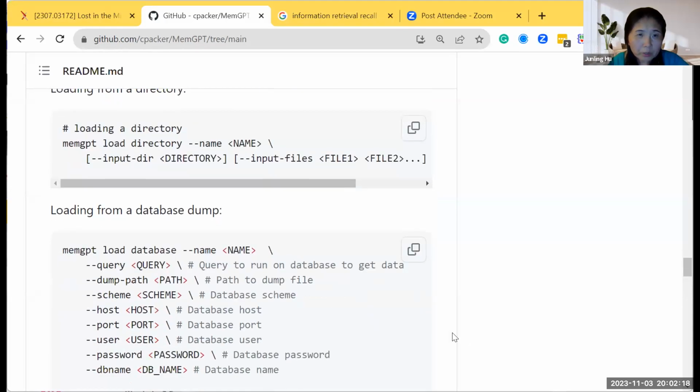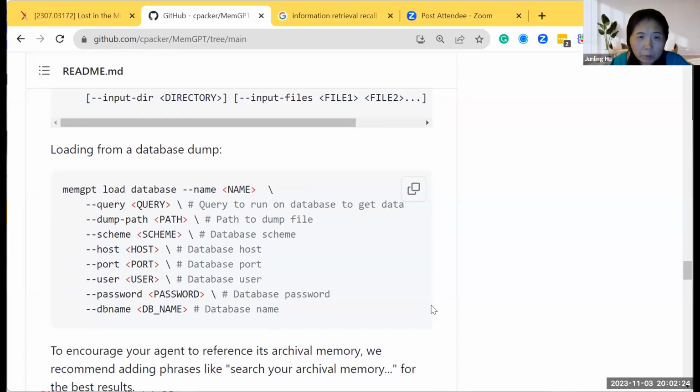Oh yeah, this part is how you connect it to your database. The way it's able to talk dynamically, accessing the database and using the database information during the conversation, is that you can load the database into the current conversation.